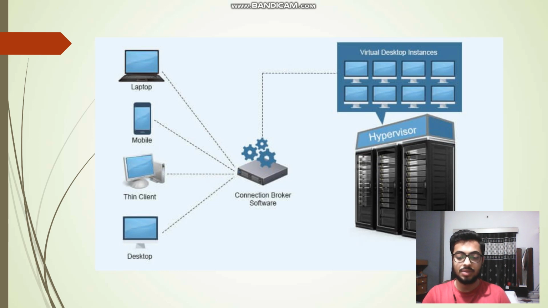The desktop image is mirrored from a master desktop to all the other desktops. It is called cloning. The cloning can be full or linked. In linked cloning, the virtual desktop of the master desktop is linked to all other desktops. It saves disk space of the server. The data of all the users is saved separately. However, the cloned desktops have to be linked to the master desktop at all times.